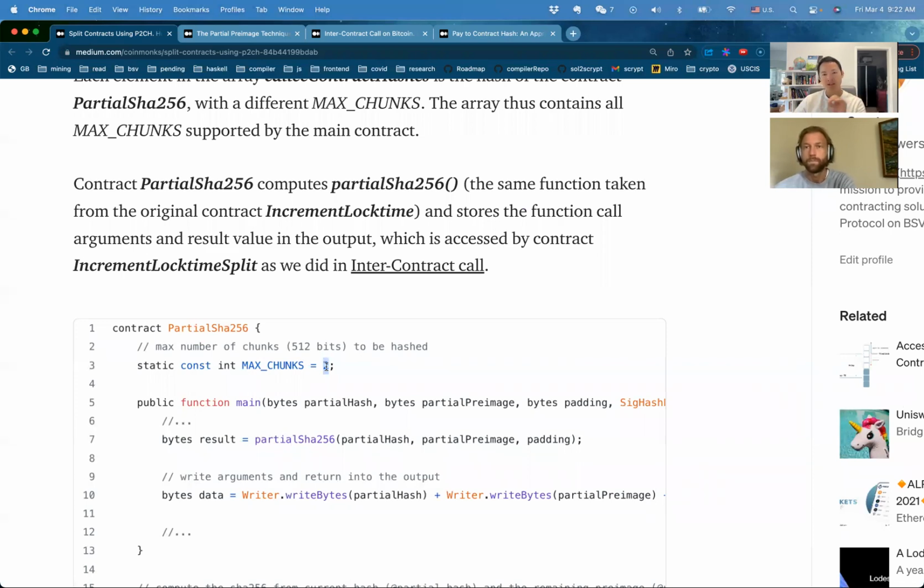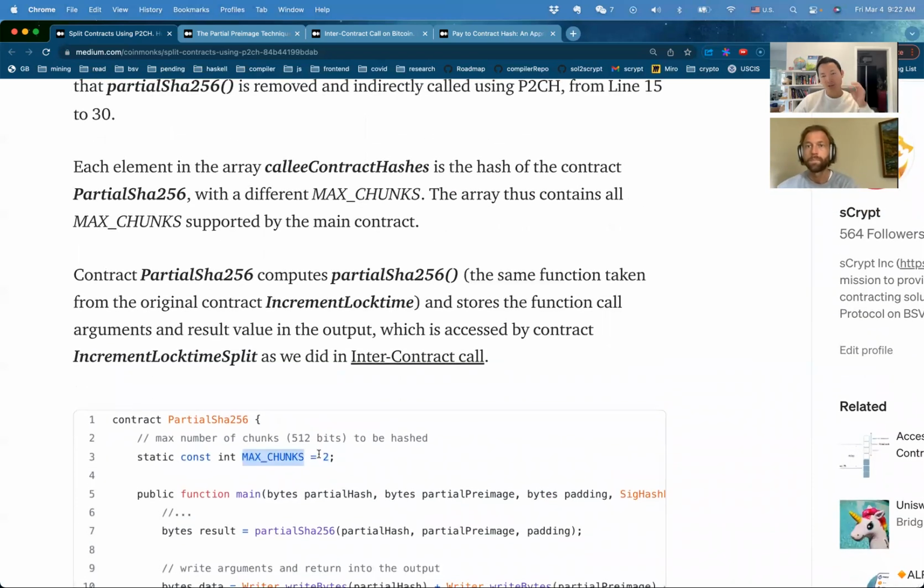Each hash corresponds to one specific number of chunks. Make sense? Okay, so after you have all this almost hard-coded number of chunks you can support,